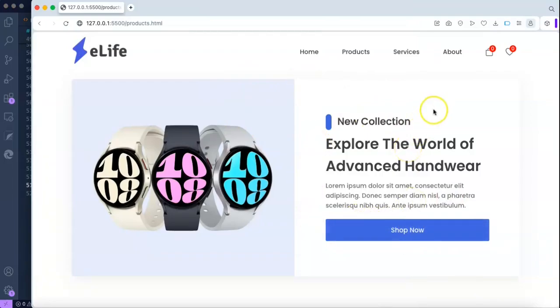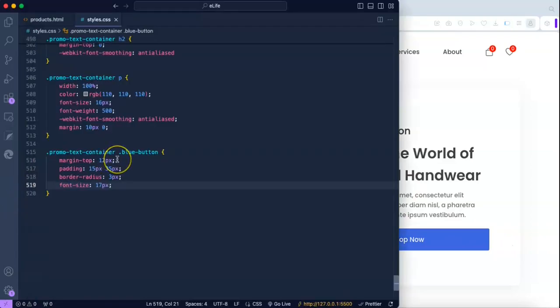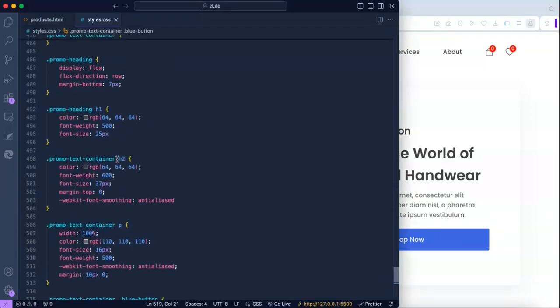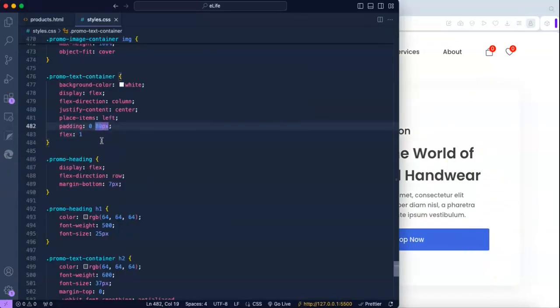Now, if you like the promotion section the way it is, and if you like how the button is set, then we can leave it as it is. But personally, I prefer that the button should be resized according to the spacing and the text size that we added. Because right now we did not set the button to cover the full width of the text container, so we don't want that. So what we can do to fix that is we're going to scroll up to the container itself. So in order to fix this issue and to make sure that the button is not set to 100% width, so it does not fill the full text container, we can just add another property,